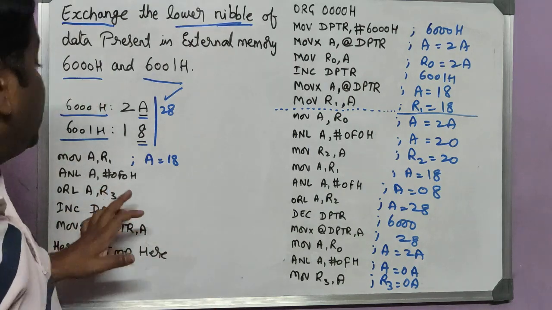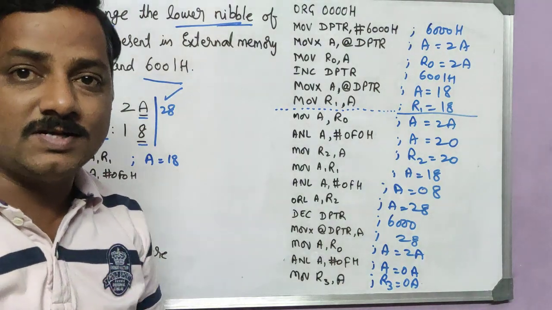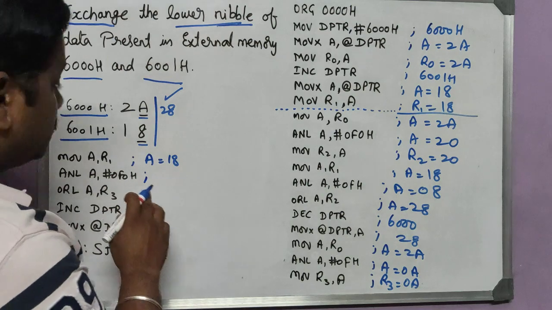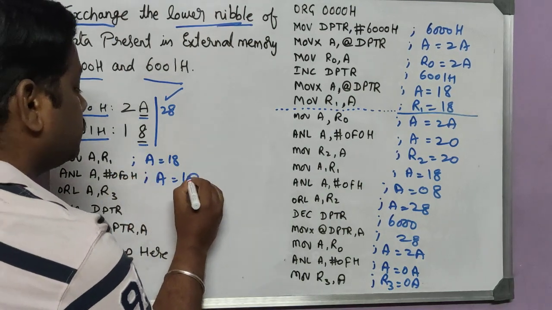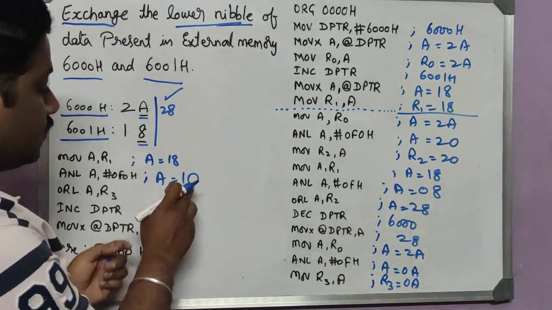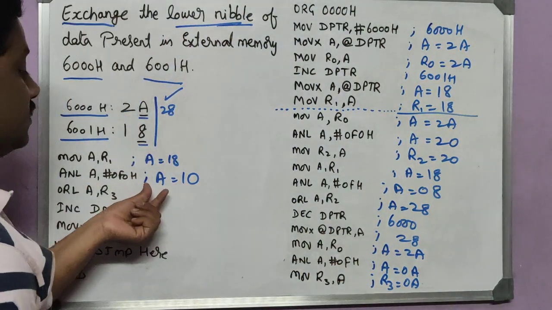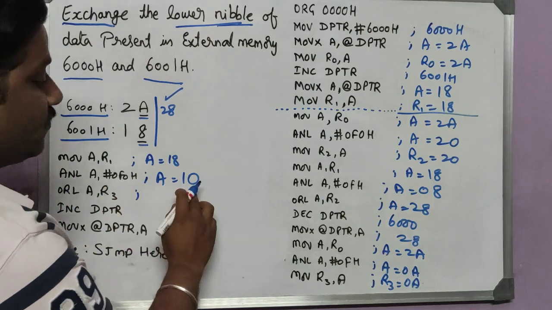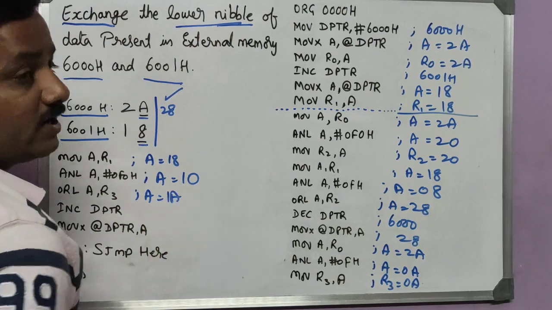Because there is a rule that after the pound sign we should have a number. If you write F, that is not a number, that is a character. Okay, that is a letter. So I have started with 0. Further F0. So F is here, 0 is here. Now if I mask it, we get it as 10. I am masking the lower nibble. Okay. So after you got 10 here, you got 0A here, just add those two, or you can do the OR logic. So we have it in R3, ORL A, R3. So A is having 10, R3 is having 0A. So after this ORL, we get 1A.